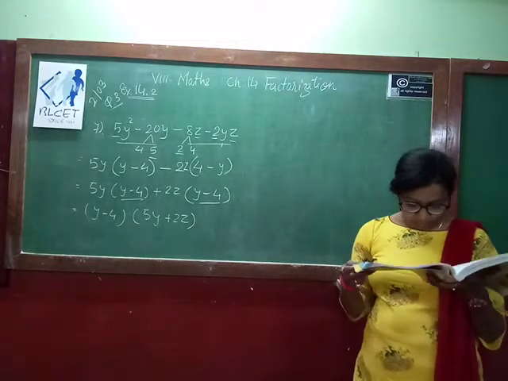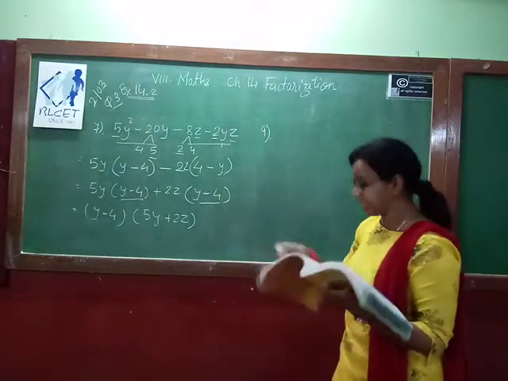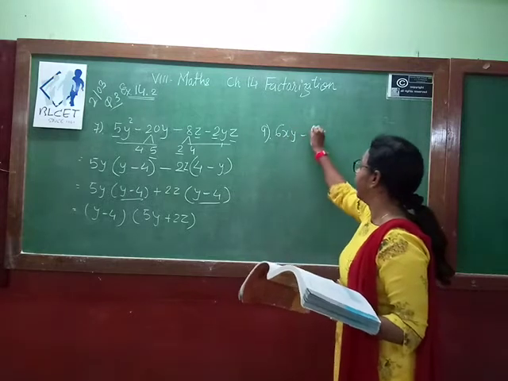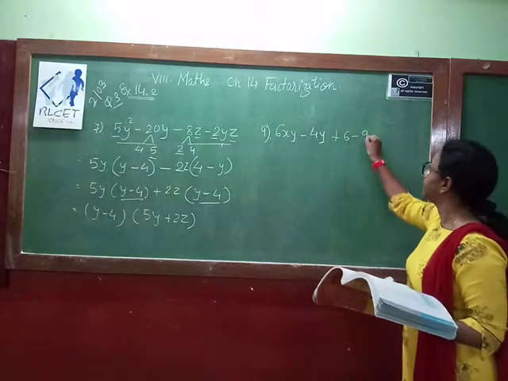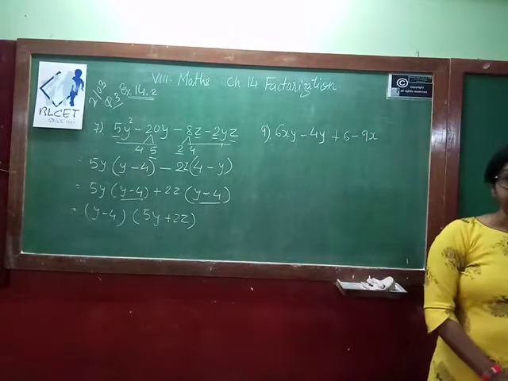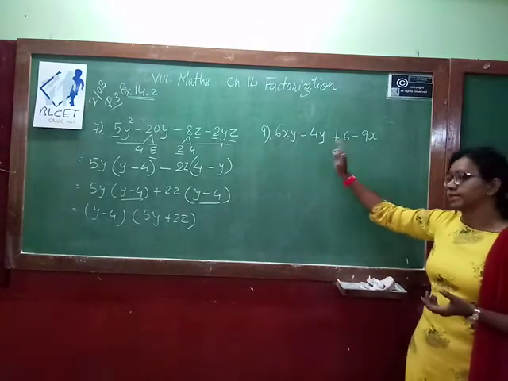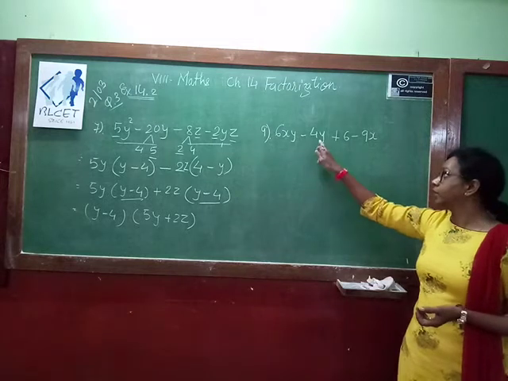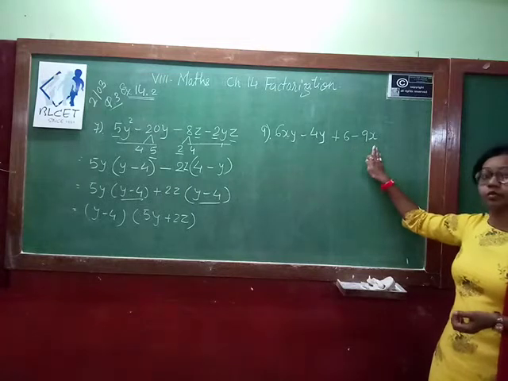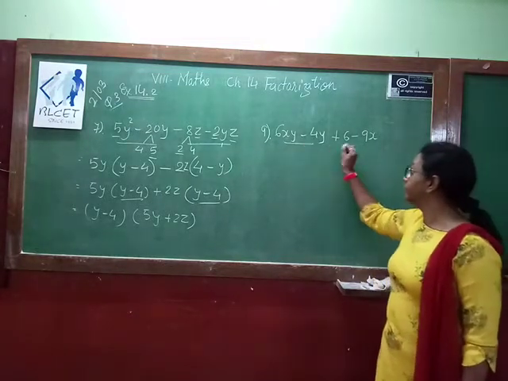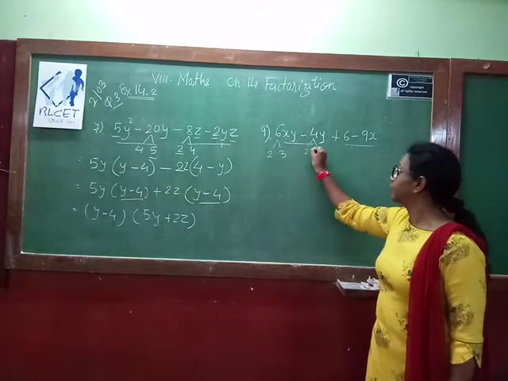If you want, I can just do the last question. 9th one, that is 6xy minus 4y plus 6 minus 9x. We cannot do the regrouping because if you consider 6xy and plus 6 together, so 6 is the maximum number that you can take as the common. But what about 4y and 9x? You cannot take anything common from these two terms. So we do not do any kind of regrouping. We make the group of 2 like this. From here, 2 3s are here, 2 2s are. So what is common?